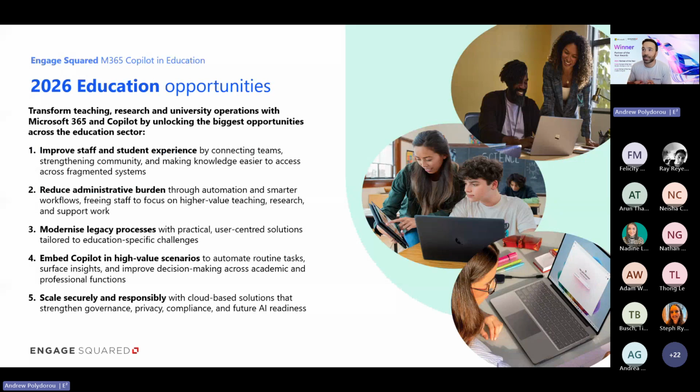Crucially, what we're starting to see are some really common themes from the back end of 2025, and as we get into 2026, is Copilot and AI. Not just Copilot, obviously all AI tools and technology is transforming the way we work, how we work, and most importantly, today is transforming the education industry. So that's also impacting our staff, our students, our academics, our researchers, our administrative team. All of those roles that make up an educational industry are being impacted by AI and Copilot in one way